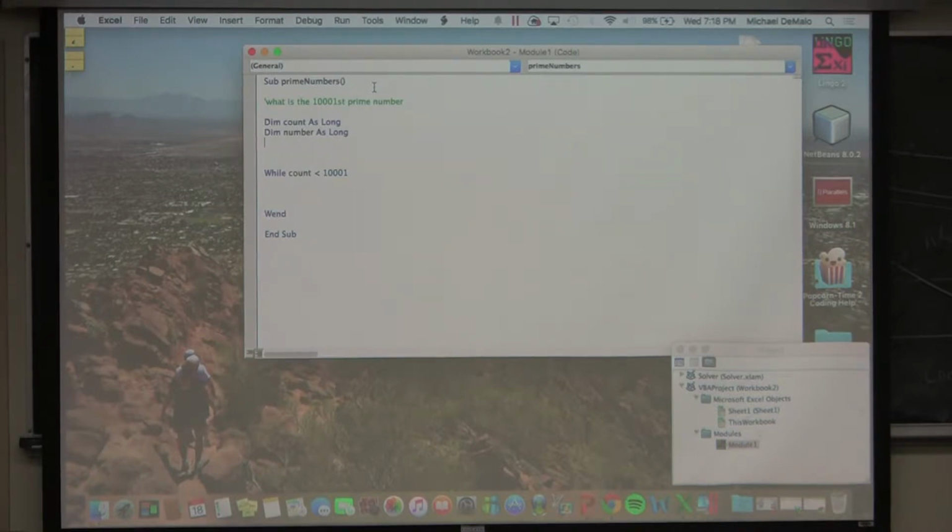So let's think about this. We know while count. And we're also going to need the number we're dividing by. So we'll say dim I as long as well. So now I think we can enter the while loop,